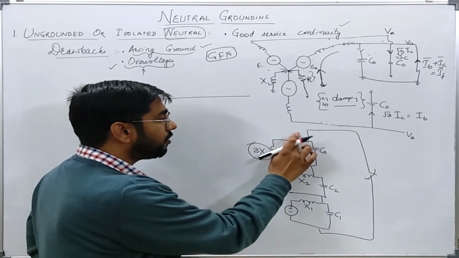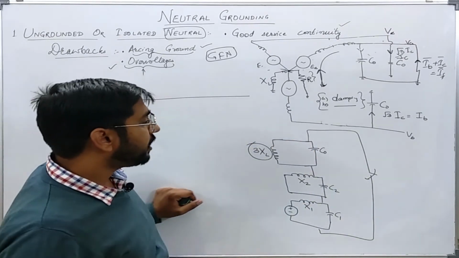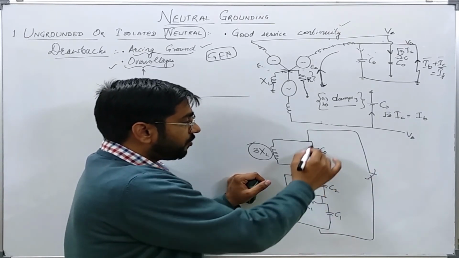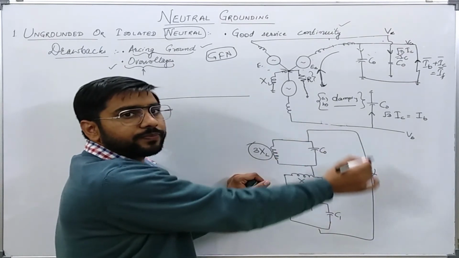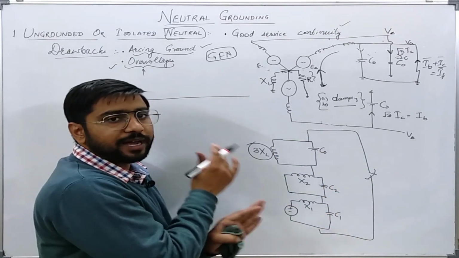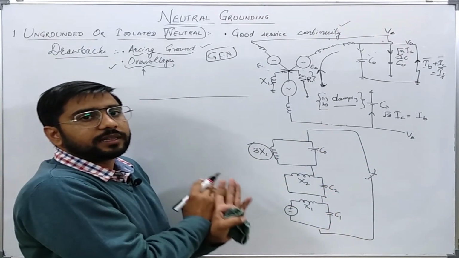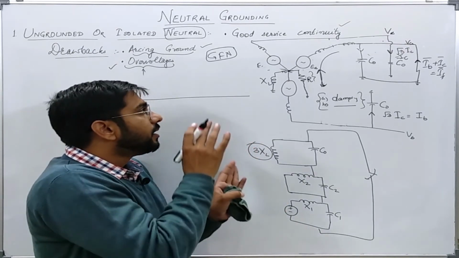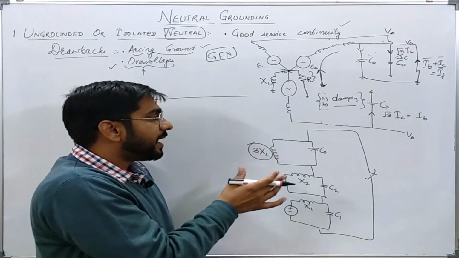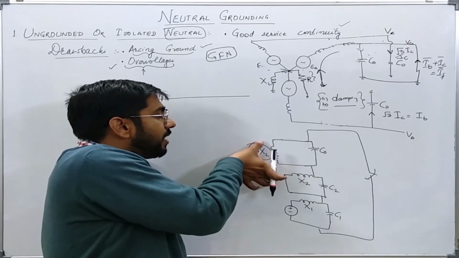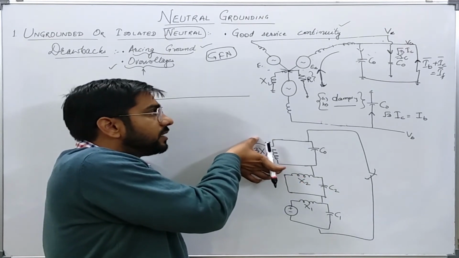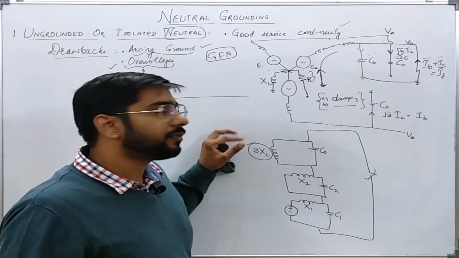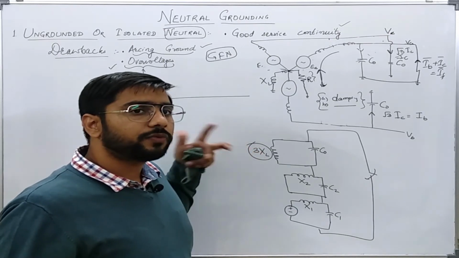Now we want that in this scenario there should not be any fault current, because in a heavily meshed or interconnected system we want that during the fault there is no fault current, and we can determine the fault just by taking the value of voltage across this reactance. So instead of detecting the fault through current, we will try to detect the fault through the voltage developed